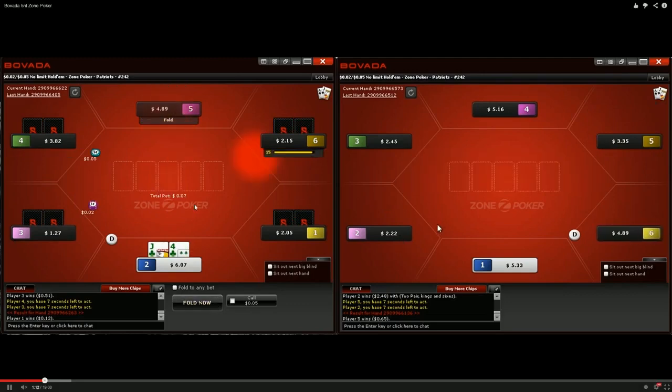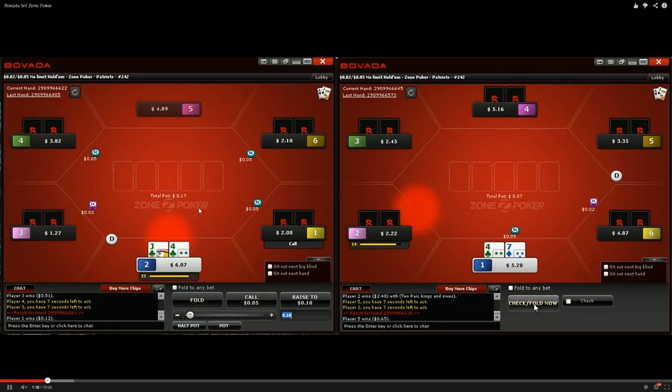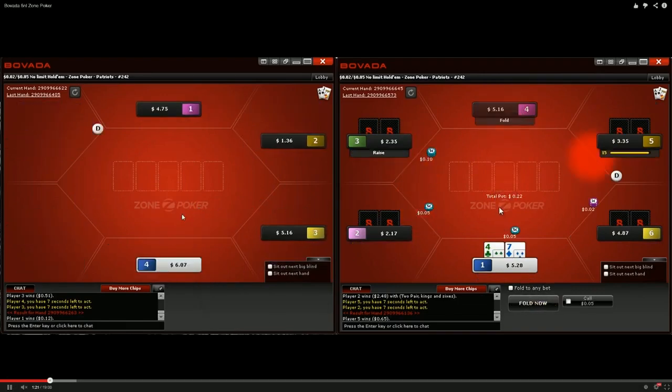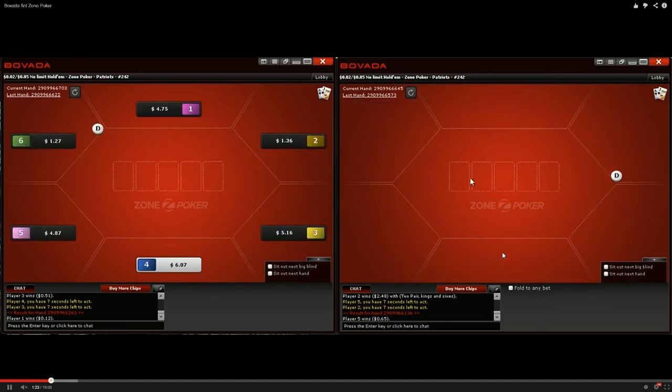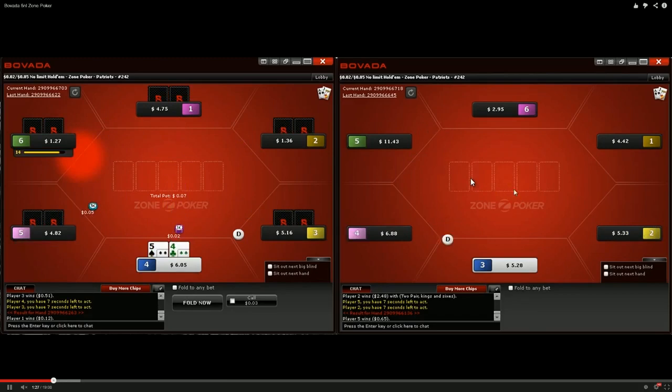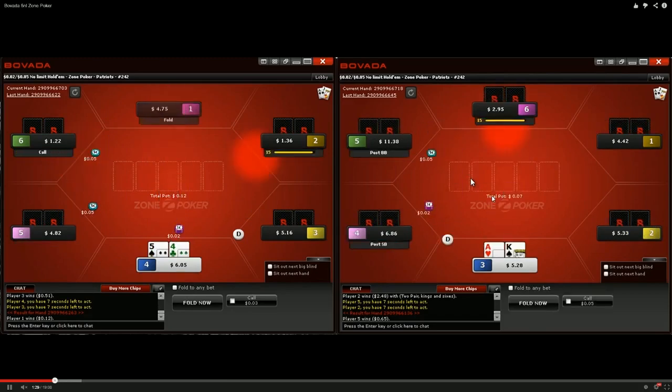Jack 4. Let's see what to do there. We have a limp before us, another limp, yeah, just a fold. Even though it's suited, the Jack 4 is a trouble hand to play. Good fold. 4-7 had a min raise. Good fold. 5-4 again in the small blind. Let's see what we do with it this time. Previous time we had it in the big blind, so...